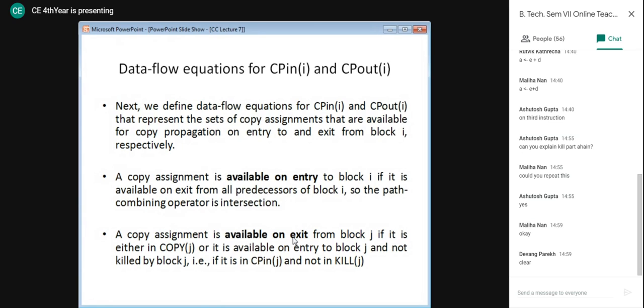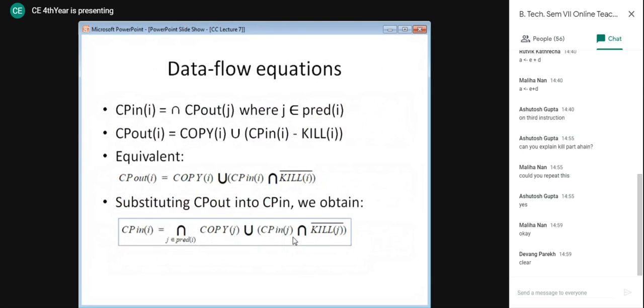So if it is in and not in kill, then it is available, right? This is very similar to the data flow equation that we had seen previously for the previous transform. So these are the data flow equations that we are going to follow. Are you all getting this one? Yes, fine.